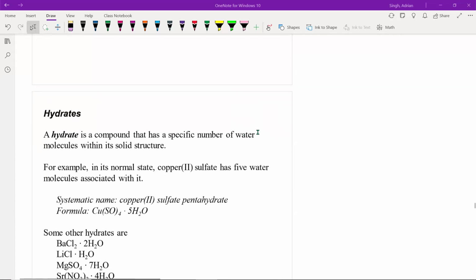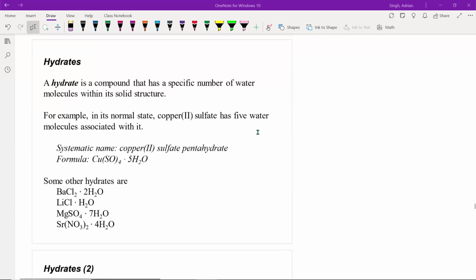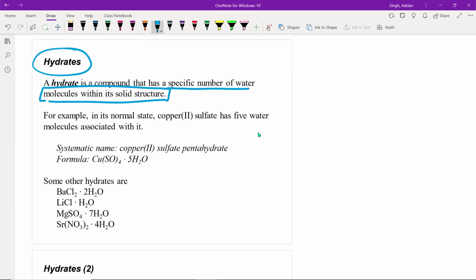Our last layer of nomenclature is going to involve another category of compounds known as hydrates. And the word hydrate tells you a little bit about what it actually involves. So, for example, when you hydrate, you add water to something. So when you say you're hydrated, are you hydrated enough? Are you drinking enough water? Same thing here. A hydrate is a compound that has a specific number of water molecules within its solid structure. So water actually makes up part of the crystalline structure, and it's typically an ionic compound